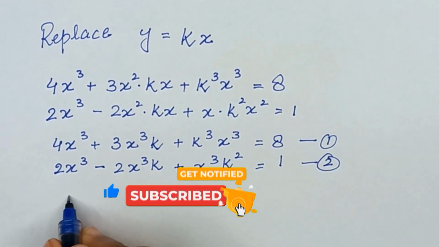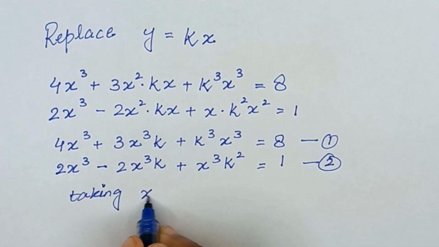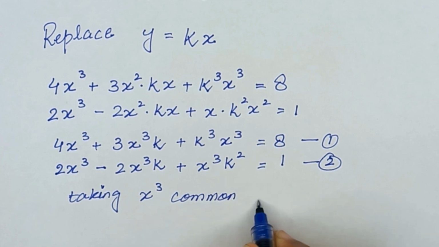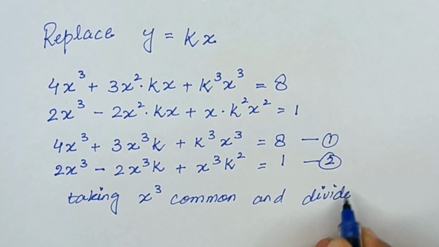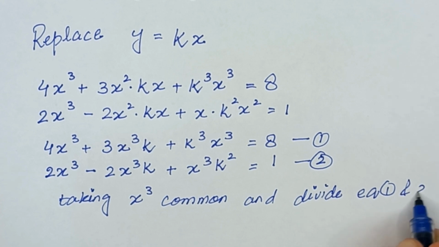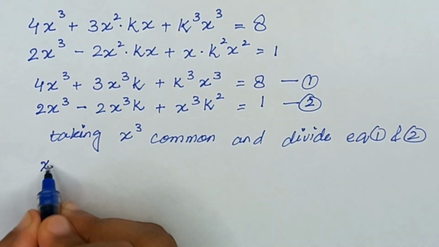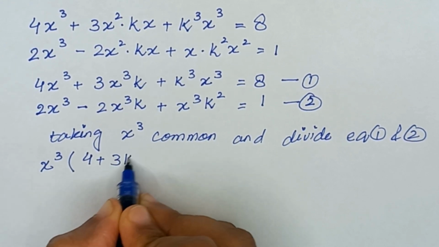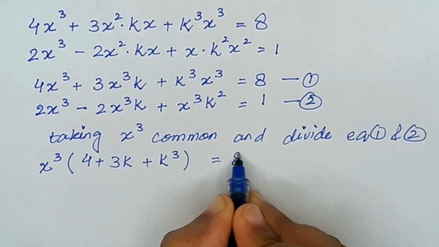So, taking x cubed common and dividing equation 1 and 2, it will be x cubed times 4 plus 3k plus k cubed is equal to 8,